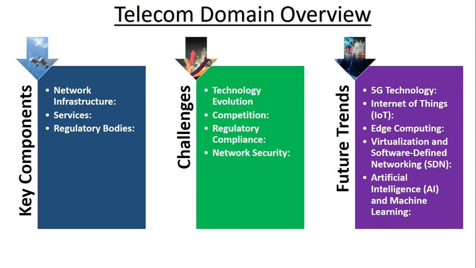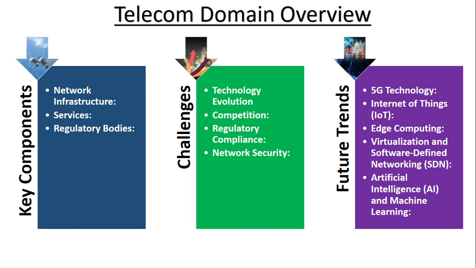So first we'll look at the different key components of the telecom domain. First is network infrastructure. So what is included in the network infrastructure? The network infrastructure generally includes the hardware part, meaning the towers, which are used to transmit the signals for mobile communication, right? Second, it includes the fiber optic cable which transmits the data over long distance with a